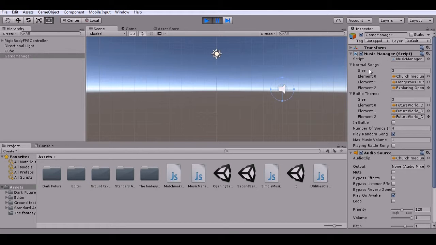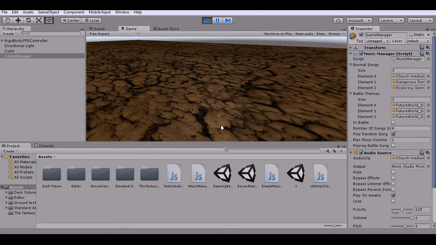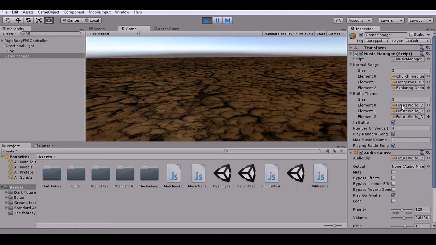And depending on whether the game is in battle mode or in normal mode, which is how I set it up, it's going to choose one of these random songs and then it's going to play it and then slowly fade it in. Now you can already see it chose one of the songs right here, which is Church Medium, which is the first one. Now if I hit the button to go into battle mode, it'll switch and it chose one of these songs,